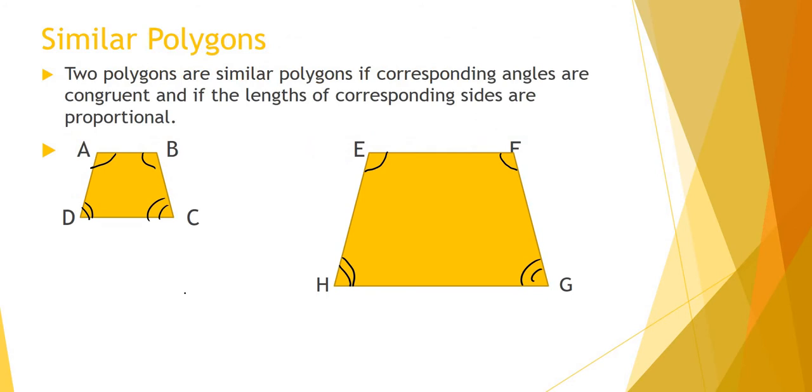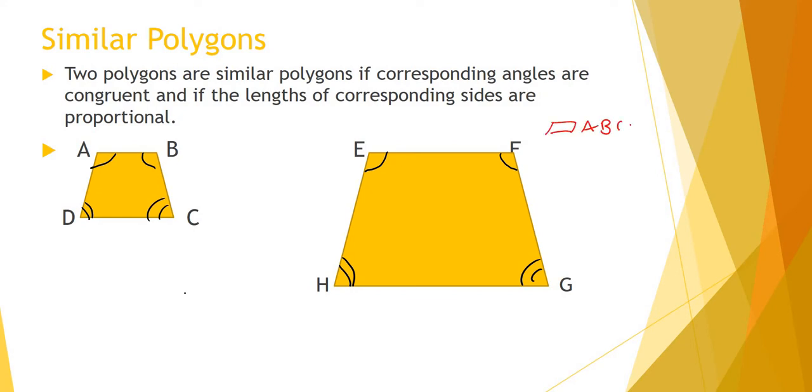So here's an example. Two polygons are similar polygons if the corresponding angles are congruent and if the lengths of the corresponding sides are proportional. So you can see that A and E are congruent, B and F, D and H, C and G. So we can say that polygon